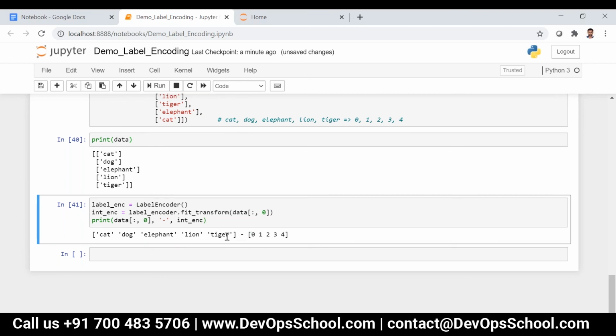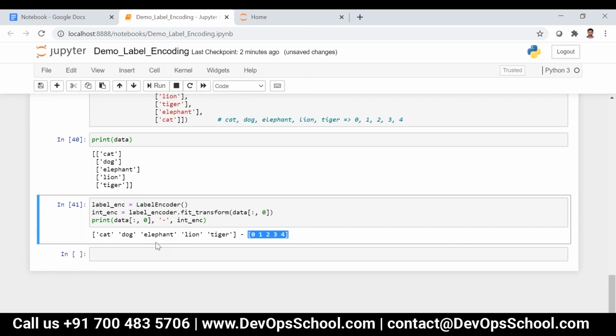So if there are multiple classifications, we'll have n number of labels. Somebody asked the question about multiple classes: if there are further classifications, it keeps on increasing. The same output we are getting over here. Under Y data, we'll just have 0, 1, 2, 3, 4, so we will get predicted output from the model from 0 to 4 only. We need to map that to these particular labels. That's what we are going to see next.